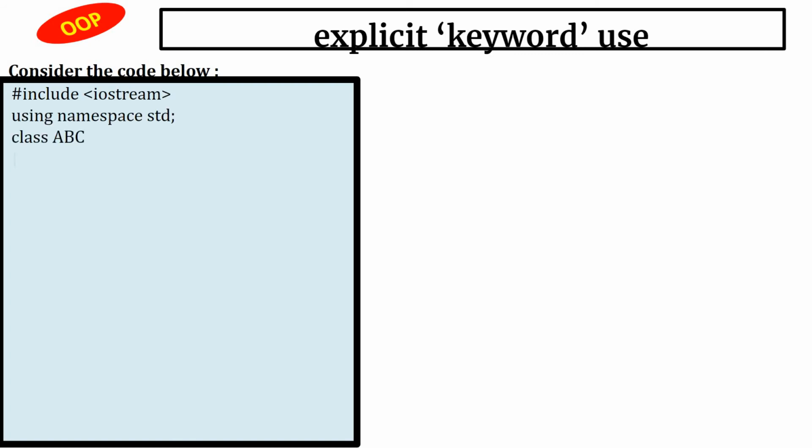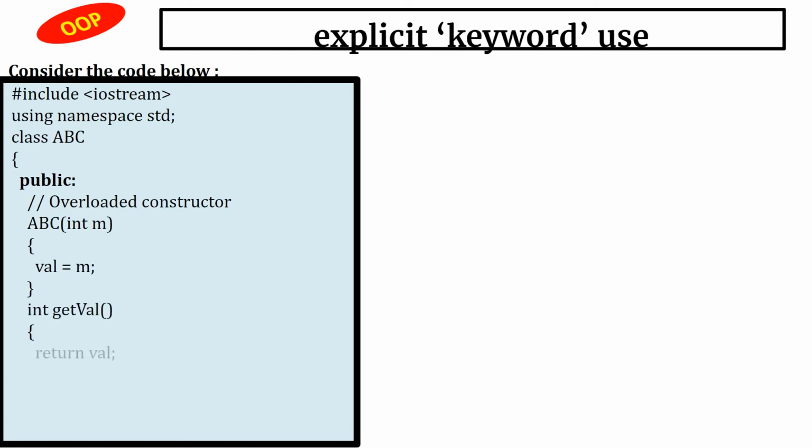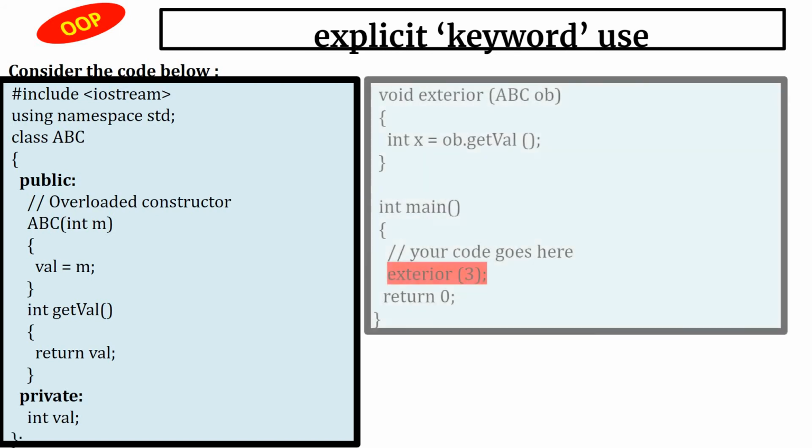Now consider the code below, class ABC, inside which we have a constructor passing a value m, val is equal to m, and then to get the value we write return val. Now inside the private section we take the val. Now we take an exterior function which takes an ABC object as an argument, and we call the getVal function using that particular object. Now inside the main function, when we call exterior and then 3, this 3 is actually